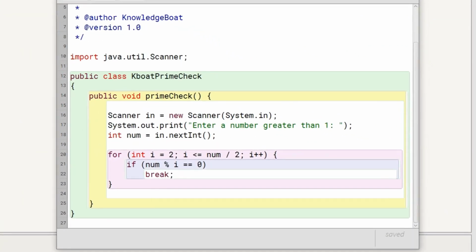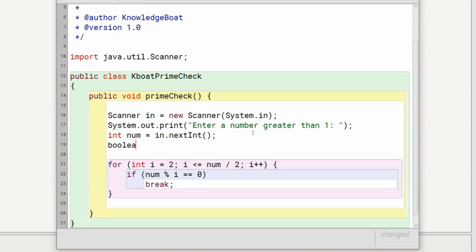We have gone back to the state of the program before we introduced the if check for I outside for loop. In the previous approach, we used the loop control variable to check if the loop exited by executing break statement. In this approach, we will not use the loop control variable. I will declare a new boolean variable isPrime and initialize it to true. You can think of it as I am starting with an assumption that the number entered by the user is prime. Inside the loop, when I find the number is not prime, I will change isPrime to false and break out of the loop.